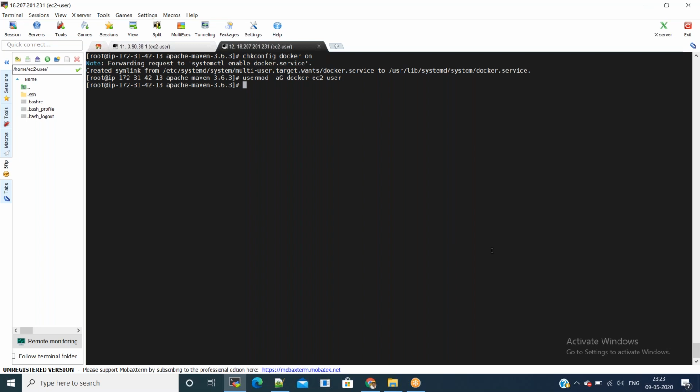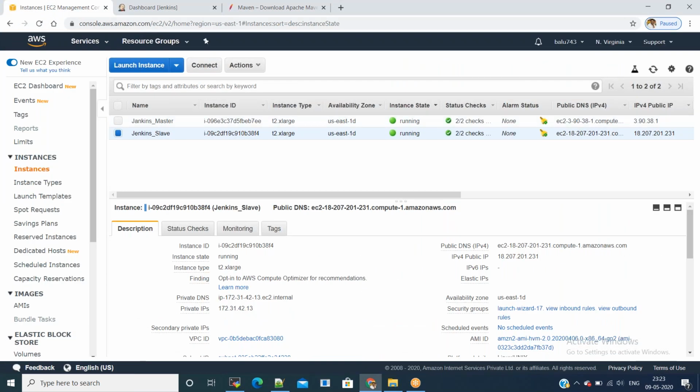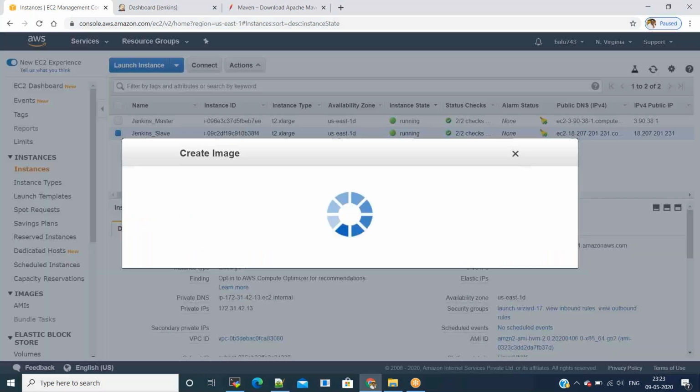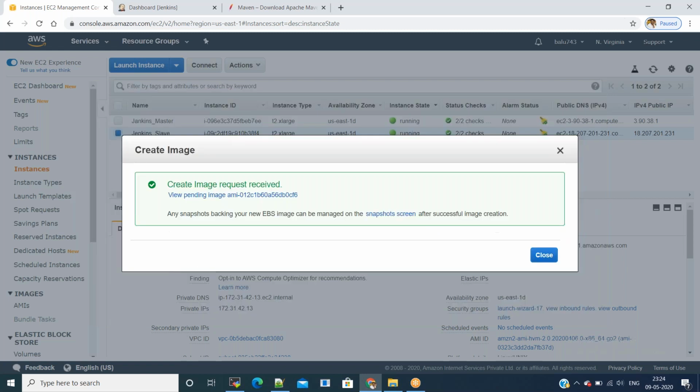Now we can go to the AWS Management Console and create an AMI from here, and we can use this AMI for our Jenkins master. We can name it Jenkins slave. And I'm increasing the size, making it 30 GB. And you can click on create image.